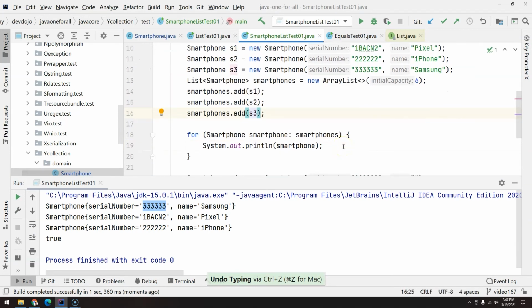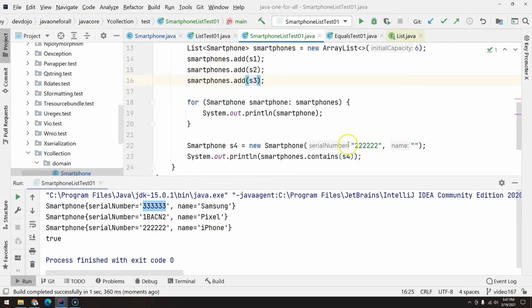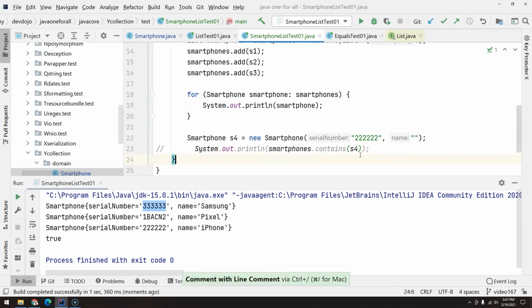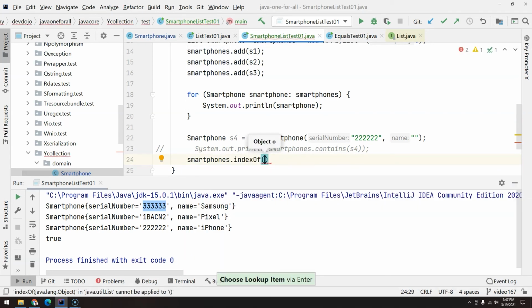So what if we want to search? Because now, okay, I know that I have the smartphone S4, but for example, I would like to know the name of that smartphone. And in our case here, the name is blank because let's say that the employee forgot to input the name, does not remember, and we would like to get the name back. So I will just comment this out because you can either use contains or you can use index of. So basically the index of will return the index of the object